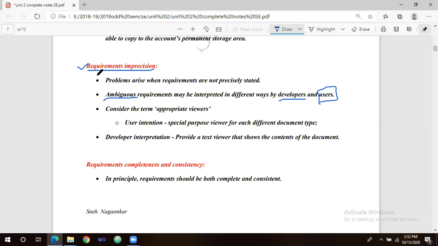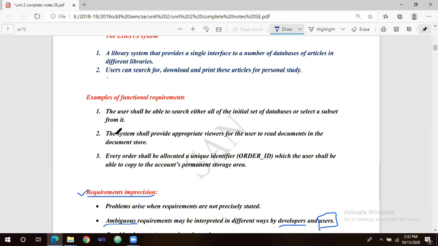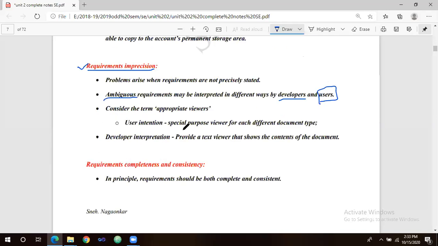These two lines are examples. In the above sentence, I used one term. What is that term? See here. The system shall provide appropriate viewers for the user to read documents in the document store. Suppose the user wants to read a document of Bal Guru Swami.